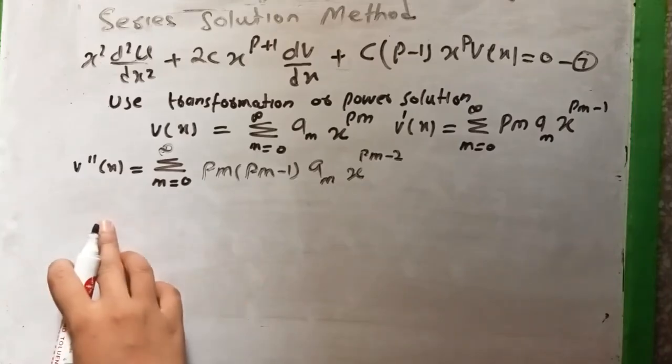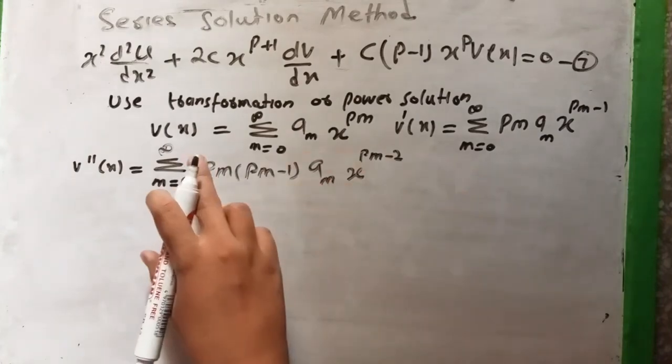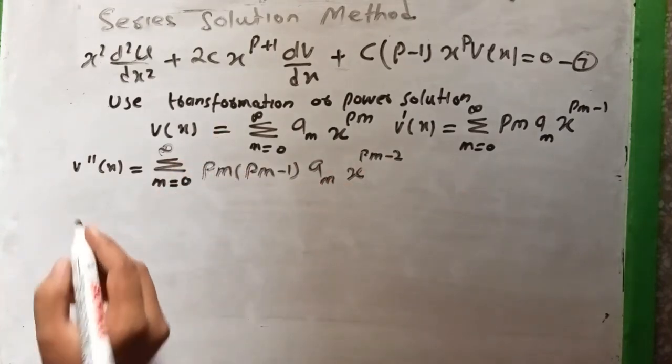So put the second derivative, first derivative and value of v of x in equation 7. So this becomes